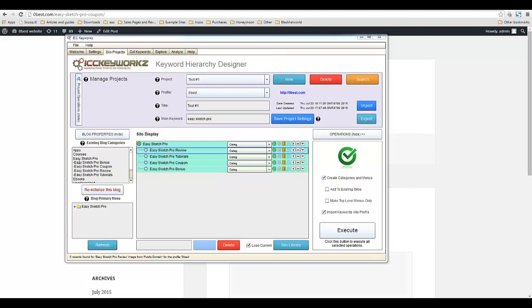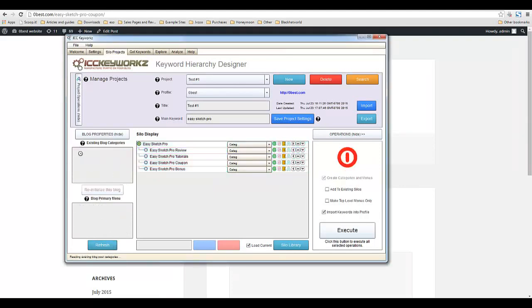Now let's refresh to get rid of these extra blog categories since we've cleaned it up. But keep in mind, if we were doing this for the real deal, you would have several categories here, not just one. You might even have 2 to 3 levels of subcategories. But I just wanted to show you, and see for myself, how easy it was to create a silo with this product,